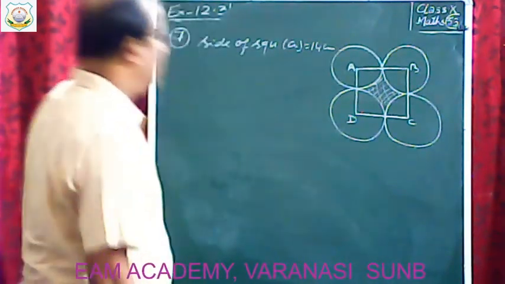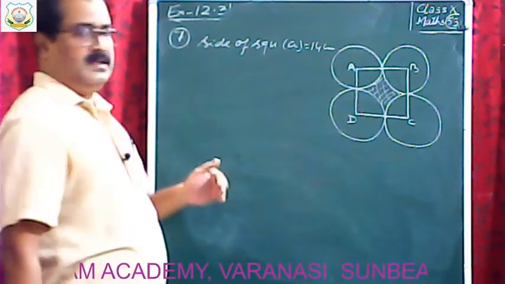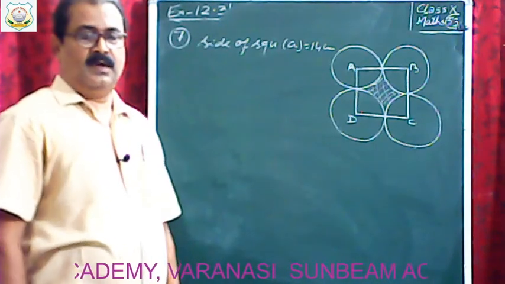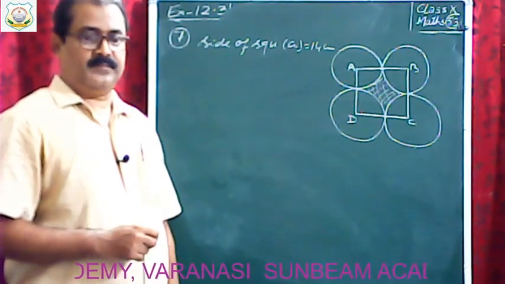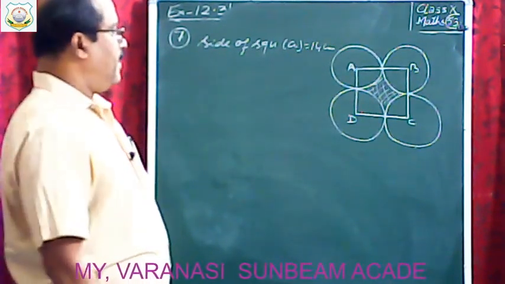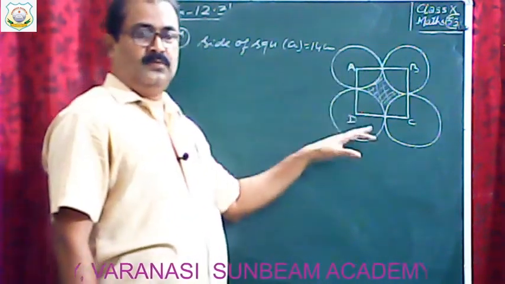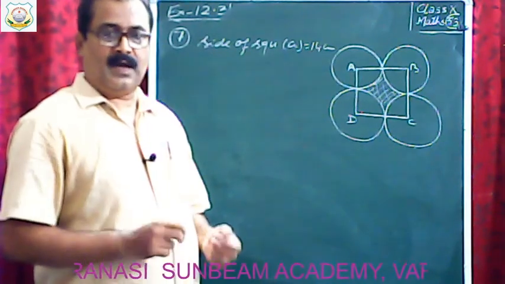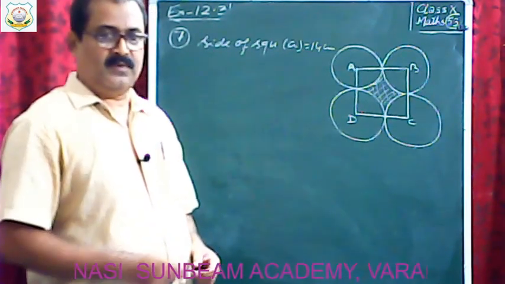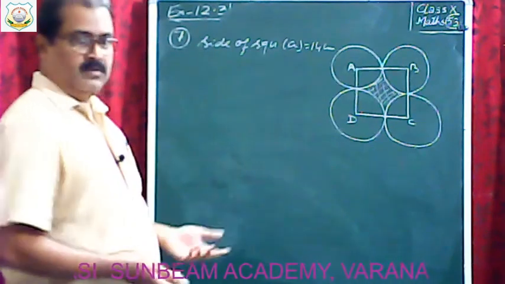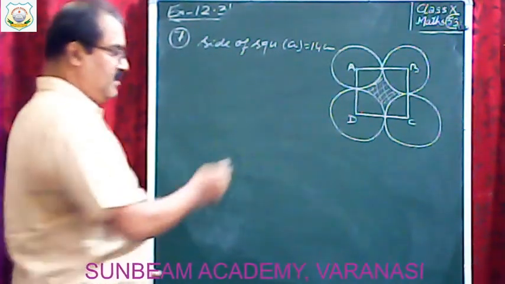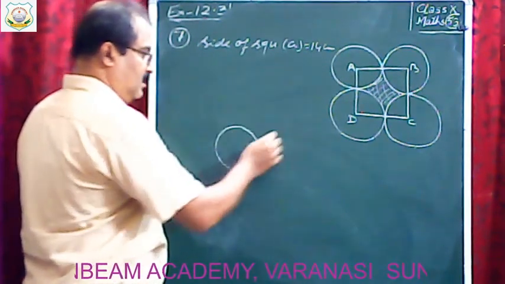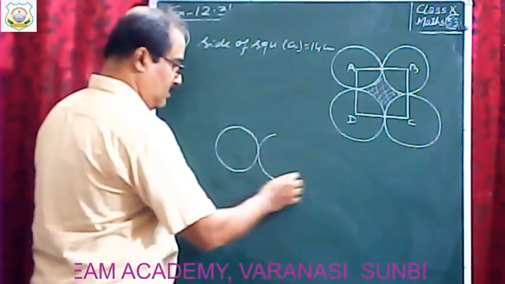In such a case, if a circle touches other 2 out of 3, then the radii of all the circles remain the same, isn't it? Each circle touching other 2 out of 3 means the radii of all 4 circles remain the same. Then it is possible only. In another way also you can represent the question: 4 circles, each touches the other 2 out of 3.